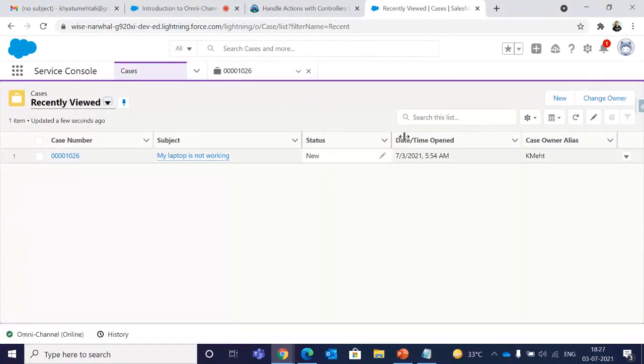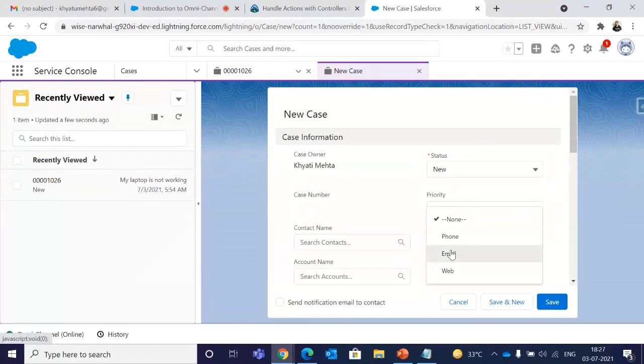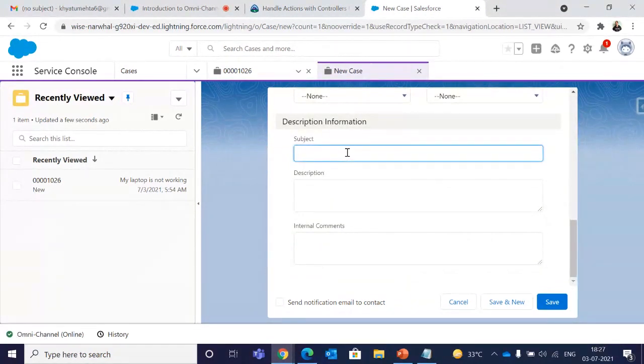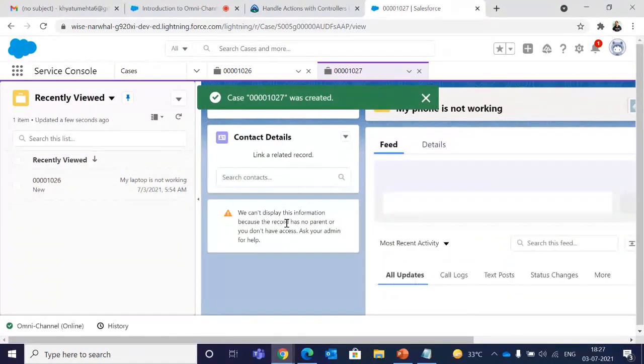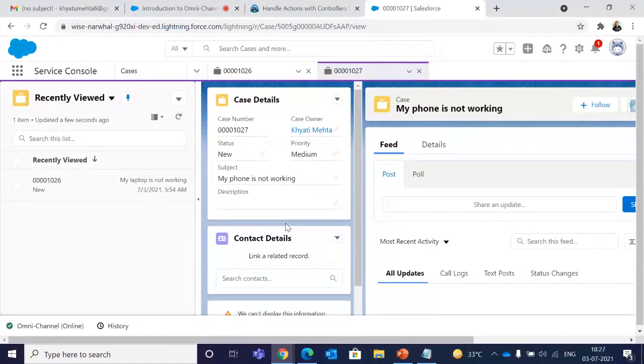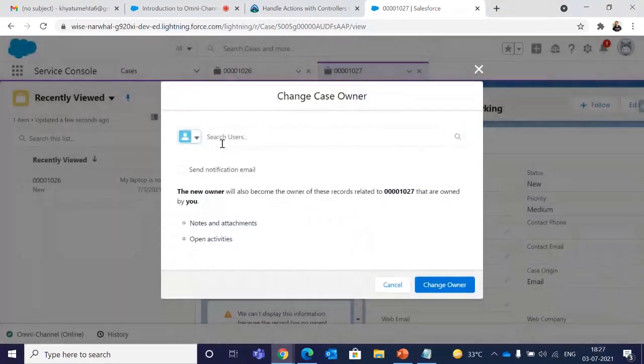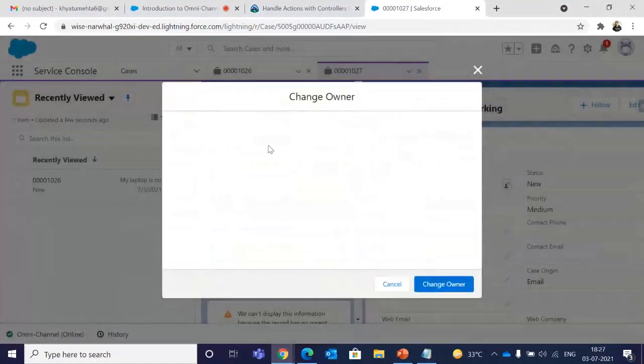Here, what I am doing is that I am the one creating a case as a customer, right? I'll just click on save. So I created a queue named My Squad, if you guys remember. Let's just take My Squad as a company. In a company, there is an agent named Khyati Mehta, but I am also the owner. For the demo purpose, I need to change the case owner. For now, it is a user, but I need to give it as a queue. So just click on the change owner icon.